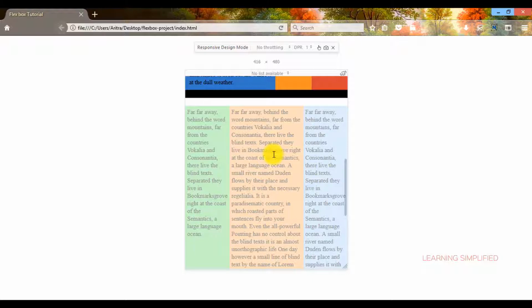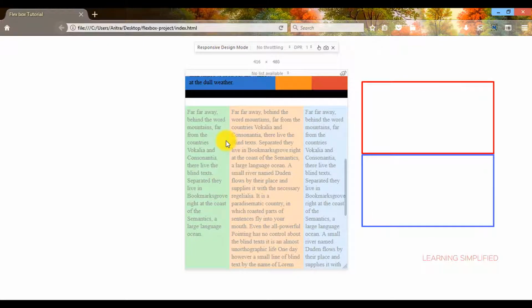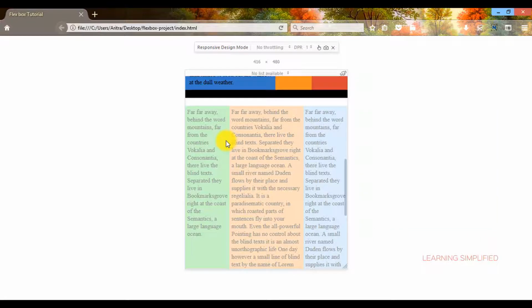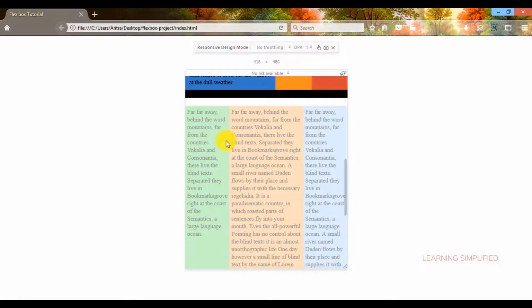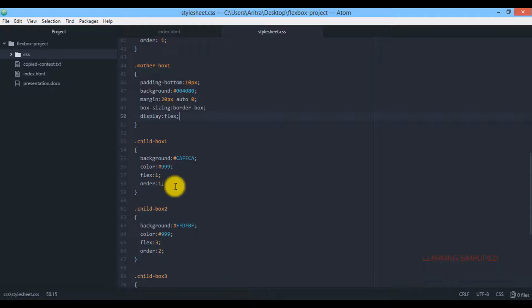But if we wish to keep our contents, as we have seen in our Bootstrap design, that the contents are stacked up and down at lower display device width, and at higher display device width or larger device preview, they are side by side. So if we want to make changes in this manner, then all we can do is get back